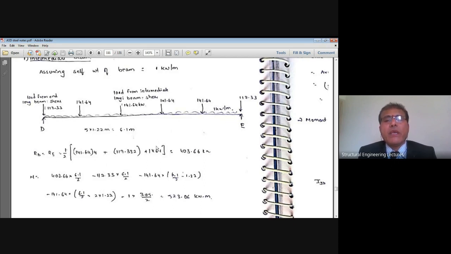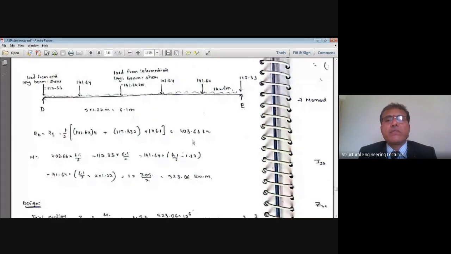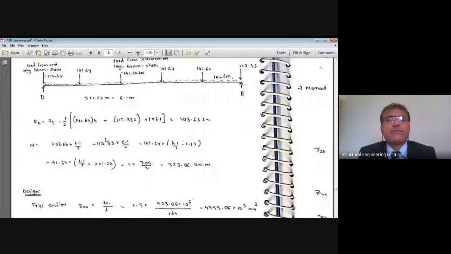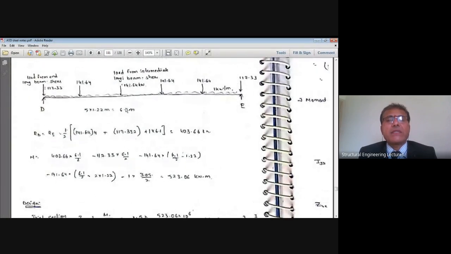Total UDL multiplied by length is the total load. That half will go in the form of reaction at D and also reaction at E, which is 403.66 kilonewton. Then once I get these reactions, because of the symmetry of this loading about the centroidal axis,